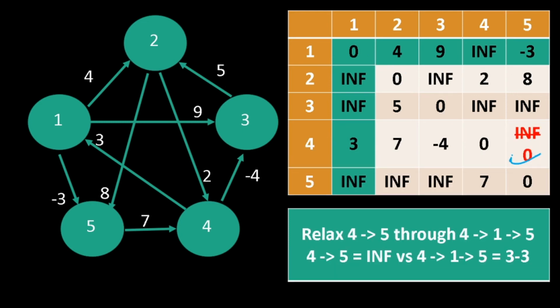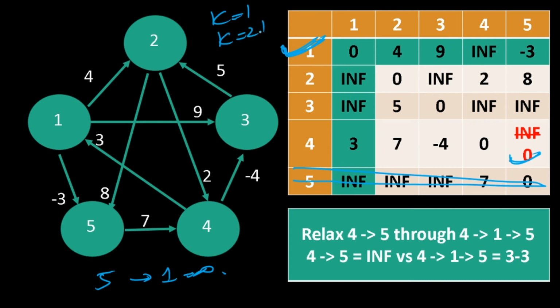That's what we did. We don't need to bother with this row. Why? Because 5 to 1 is infinity. So now we are done with this. We are done with this step. K is equal to 1. That is done. Now we need to repeat the same process for k is equal to 2 to k is